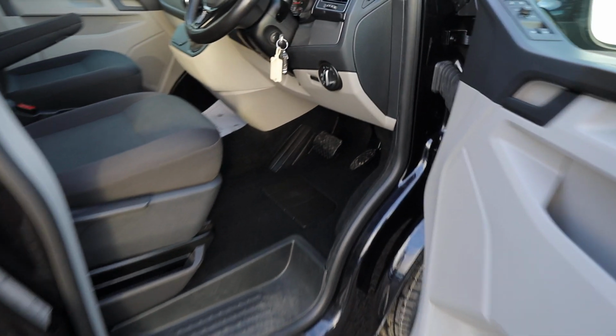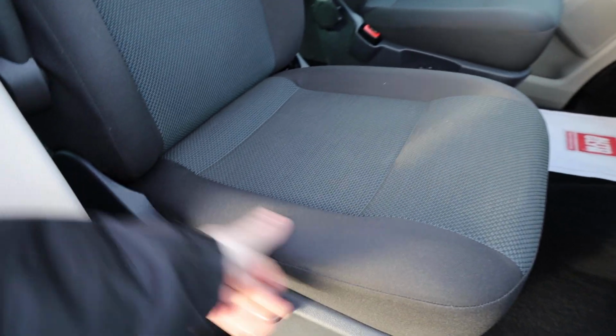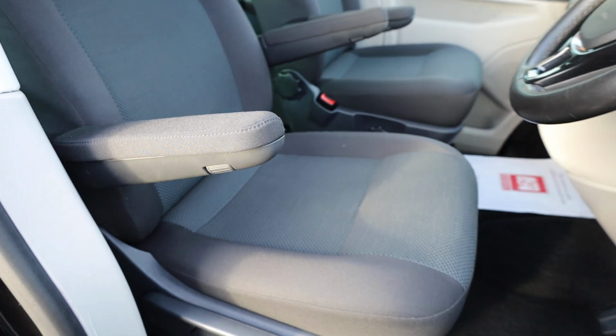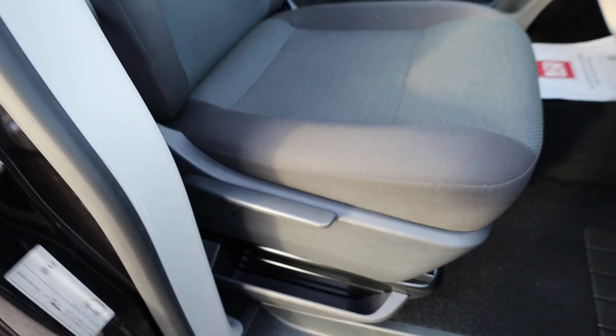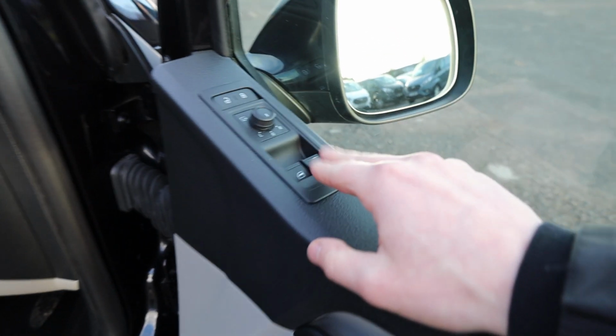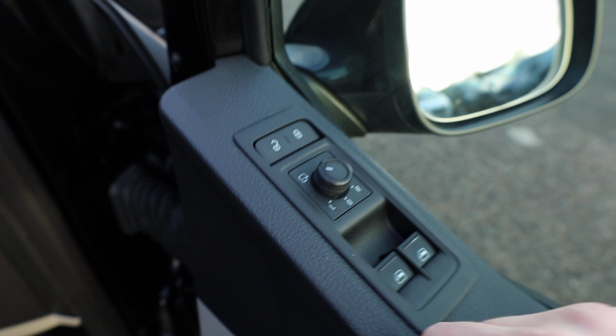So again, the cab carpet continues here in the front of the vehicle, lovely condition as well to the driver's seat, no excessive wear or anything there to the edge of the driver's seat. And again, you've got the twin armrests, height adjustability as well, exactly the same as you do on the passenger seat. Looking on top of the driver's door then, we've got electric windows, electric heated folding mirrors, and that is